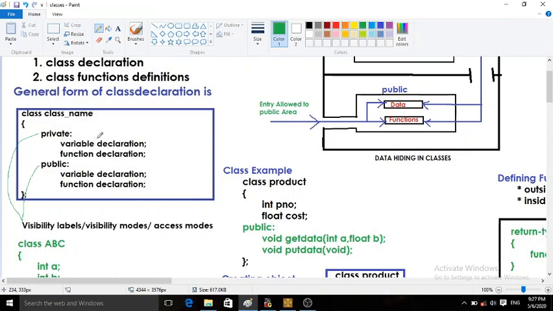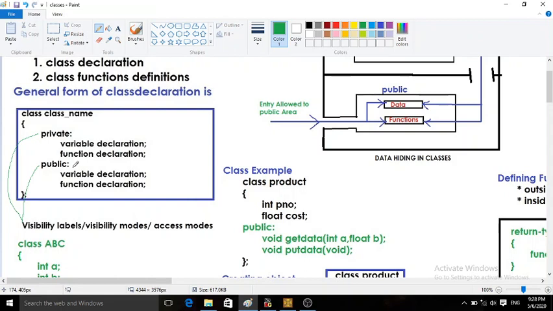If the members are private, they can be accessed only within the class, not from outside. So it actually provides the data hiding feature for the class members. The members which are declared as public, whether data members or member functions, can be accessed outside the class also by using the name of the object.